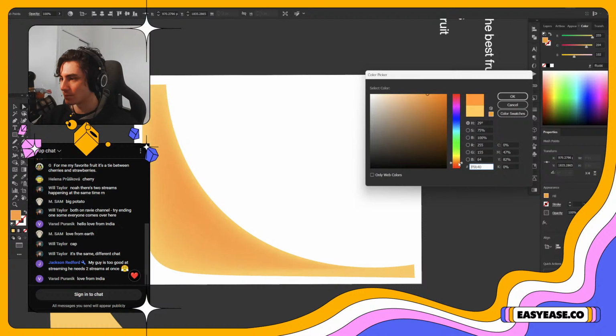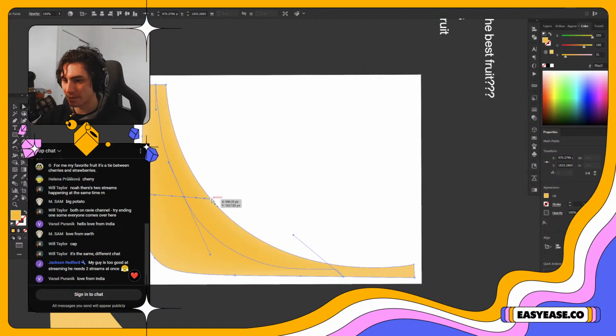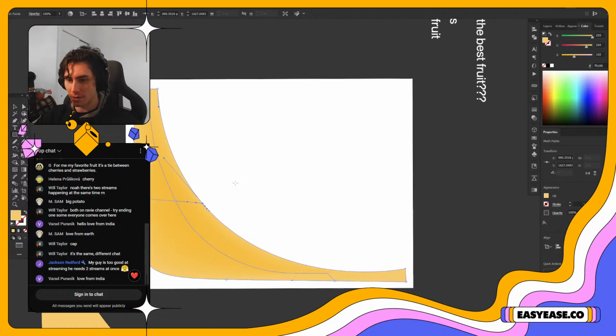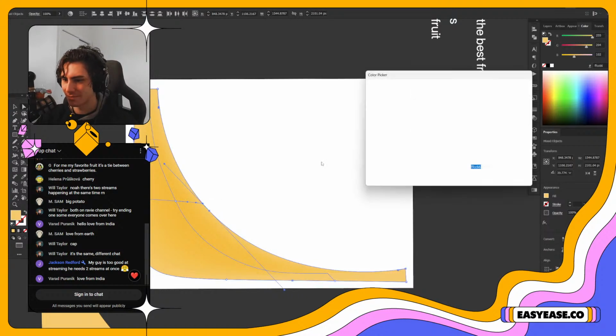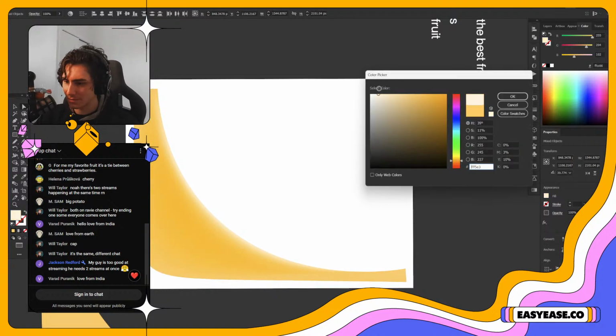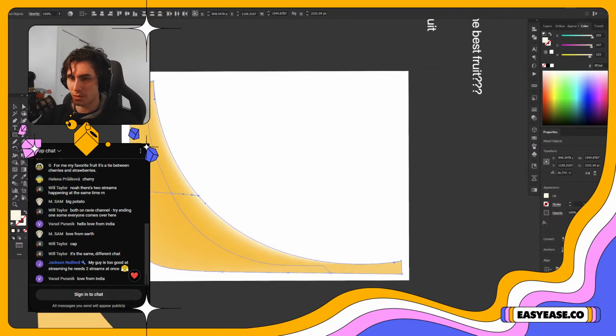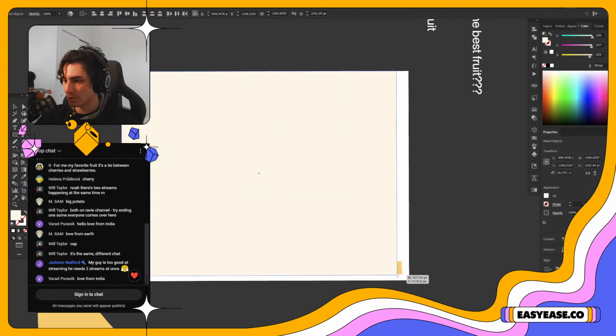This should be like a nice, beautiful, like orangey yellow I'm feeling. It's good stuff right there. Maybe have the background be like a bold color.